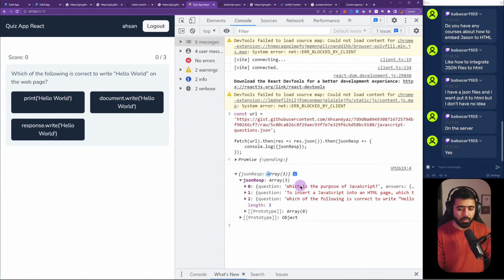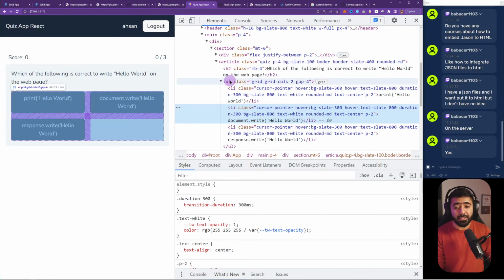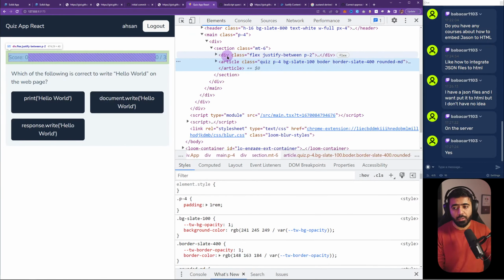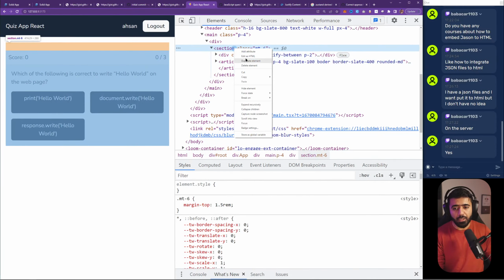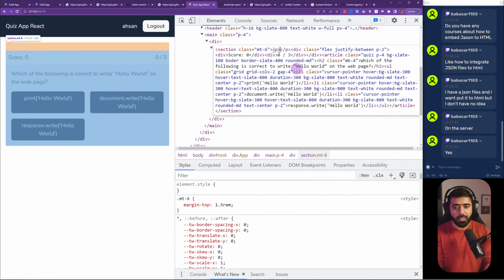So you can log it right here. If you wanted to put it into an HTML, then you would have to find that HTML and then add it to it. For example, if I added a new HTML element inside this section, let's say a p tag with the ID of container, and I wanted, hey, let's make it pre. And if I wanted to put the JSON inside this pre tag where it says placeholder for now,